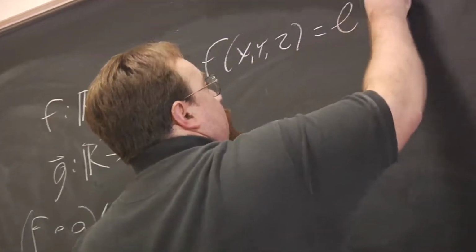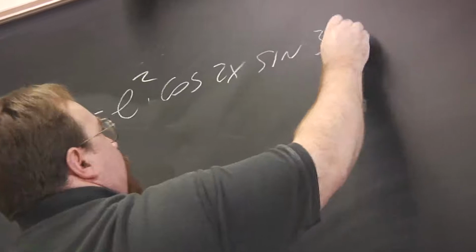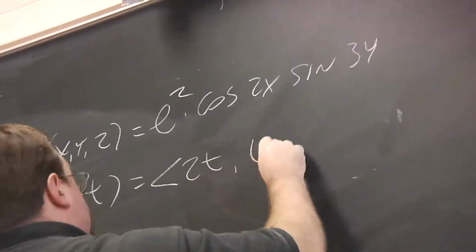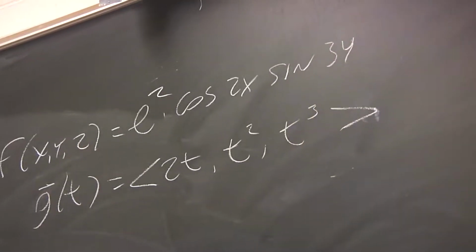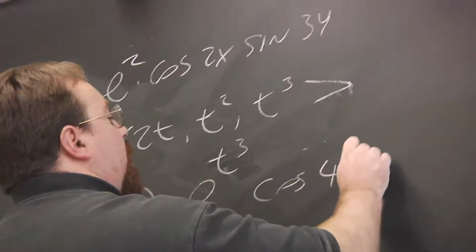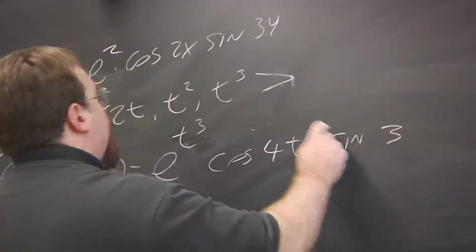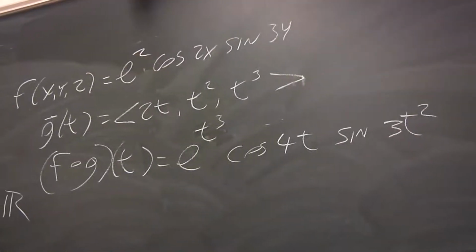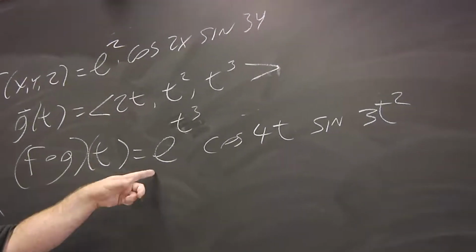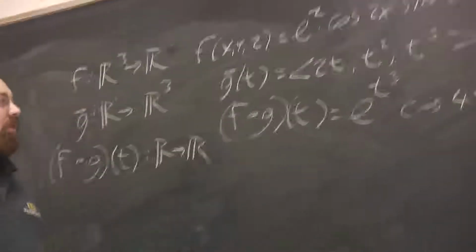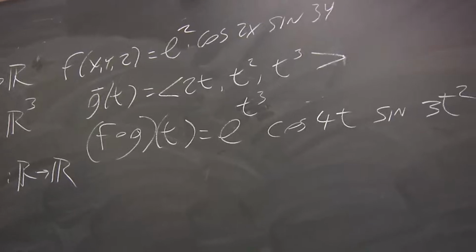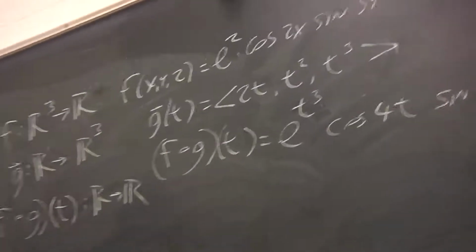So f of x, y, z is e to the z cosine 2x sine 3y, and g of t, the vector, is 2t, t squared, t cubed. So the composition, as a function of t, is going to be e to the t cubed cosine 4t sine 3t squared. So we're seeing what the composition looks like. Two ways we can differentiate this. We can either work with this and just differentiate it with respect to t directly, or differentiate f and g and take those individual partial derivatives and combine them using the chain rule,